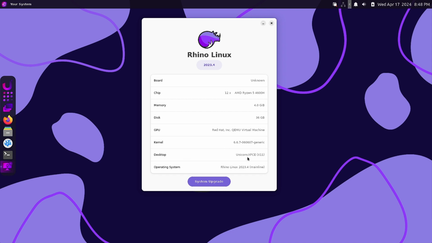Desktop is Unicorn. So it is a modded desktop. XFCE has been modded for the Rhino Linux. Operating system is Rhino Linux 2023.4 mainline. And you can do the system upgrade from here. So now what I will do is we will keep this minimized. Meanwhile, let us check out the